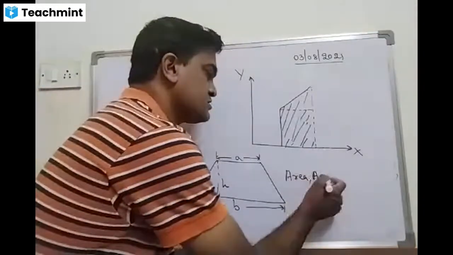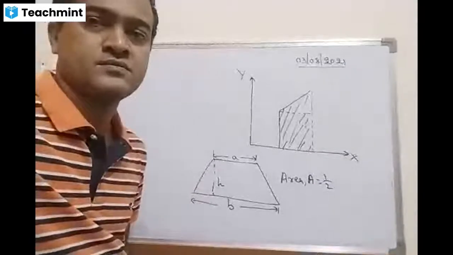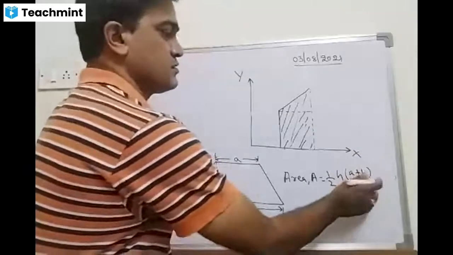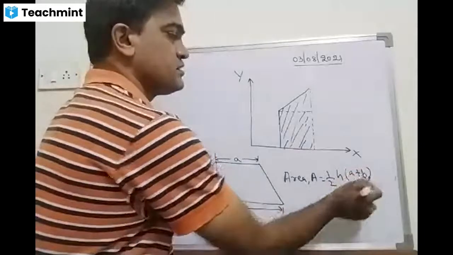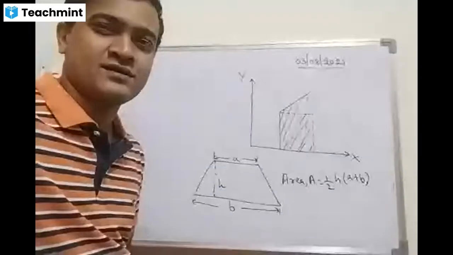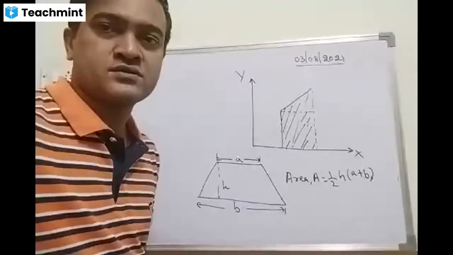Sir, your video and audio is breaking up, sir. Yes, sir. A plus B by 2 into H, right sir? Half H into A. Let me mute all. Hear my voice. Sir, please wait sir, it is difficult to ask doubts. Unmute in the last 10 minutes, sir. Okay. In the last 15 minutes I will do it.